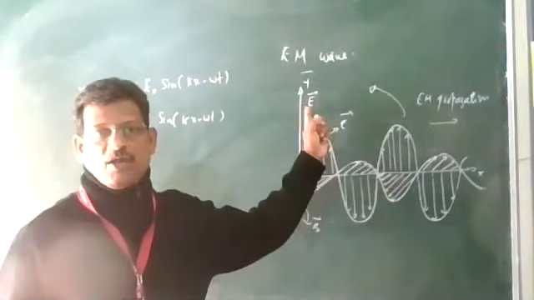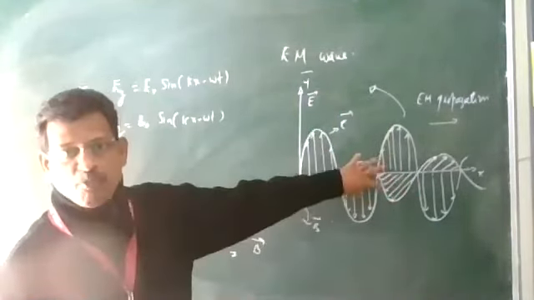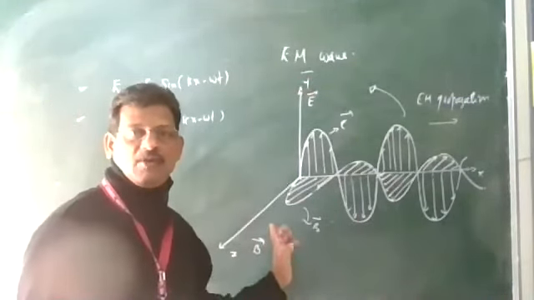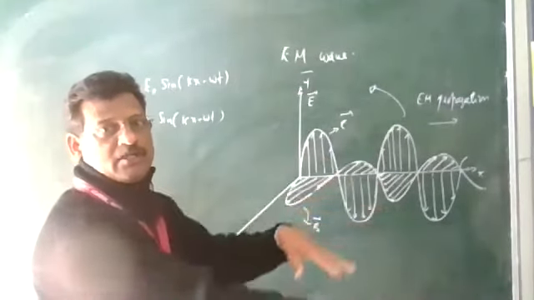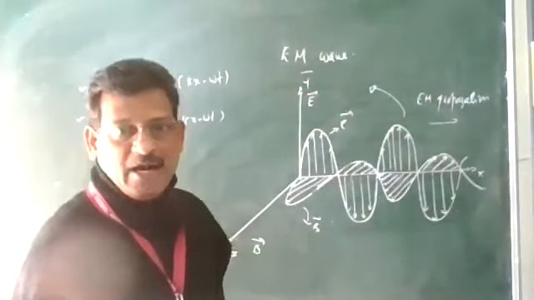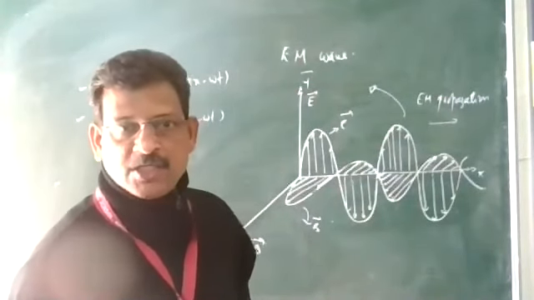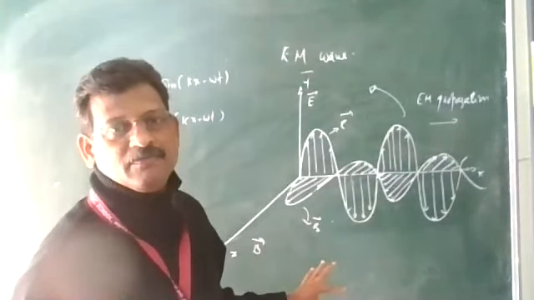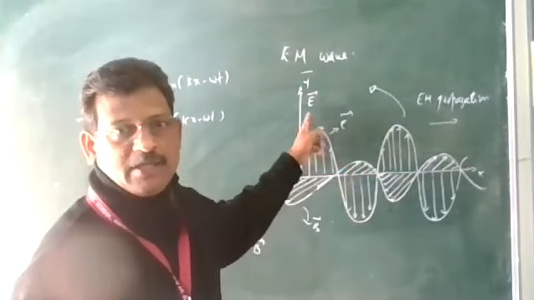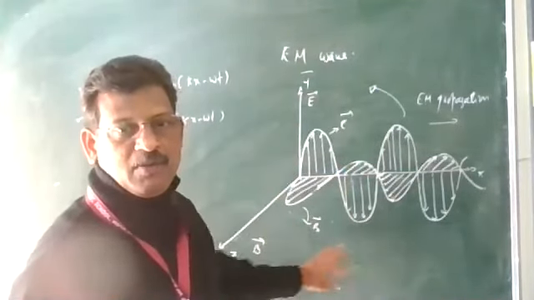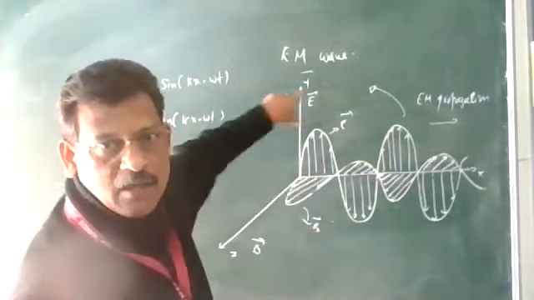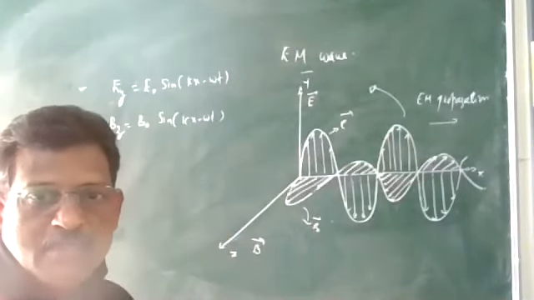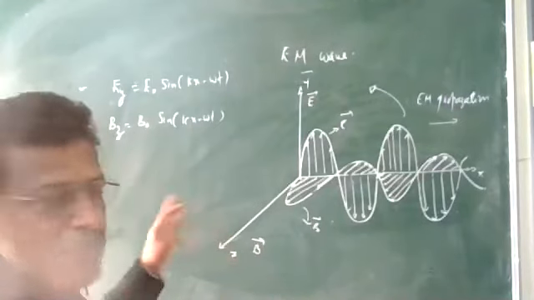Propagation x-axis में तो electric field y-axis में, magnetic field z-axis में. अगर propagation is along the y-axis, then the electric field will be along the z-axis and the magnetic field will be along the x-axis. It will rotate in the right-hand system. So if they ask in the examination, if the EM propagation is along the y-axis, what will be the locations of electric field and magnetic field? So rotate करना है. As per that, the electric field will be along the z-axis and the magnetic field will be along the x-axis. They will rotate in the right-hand system, anti-clockwise direction में. So this is the representation of the electromagnetic wave.